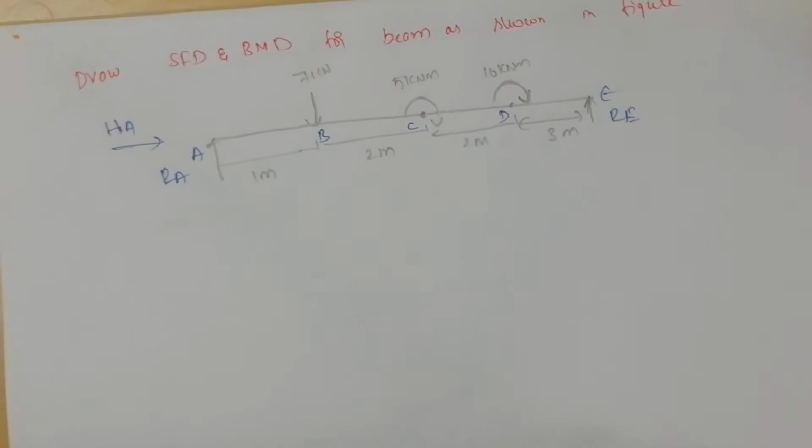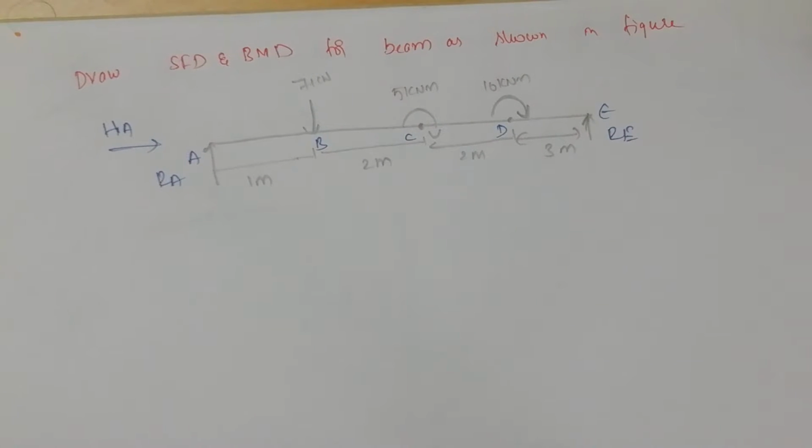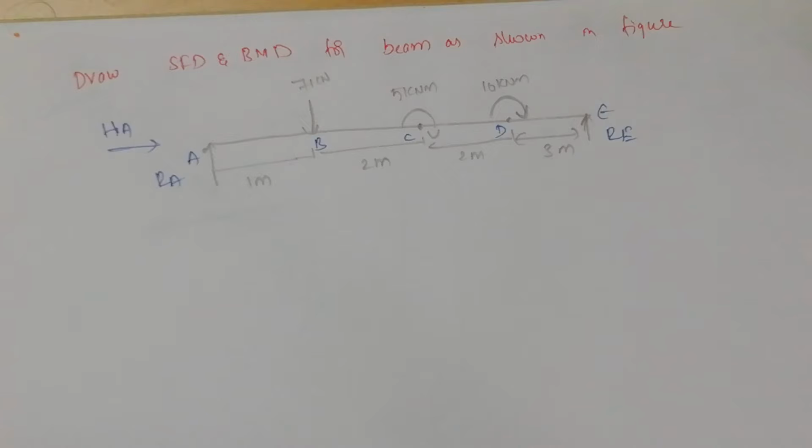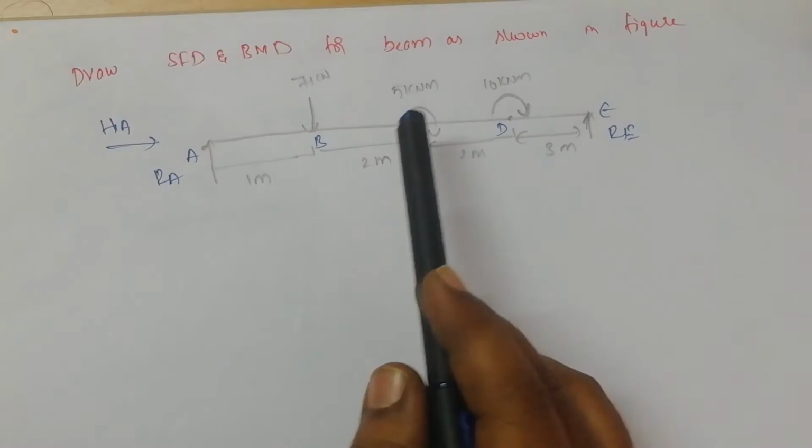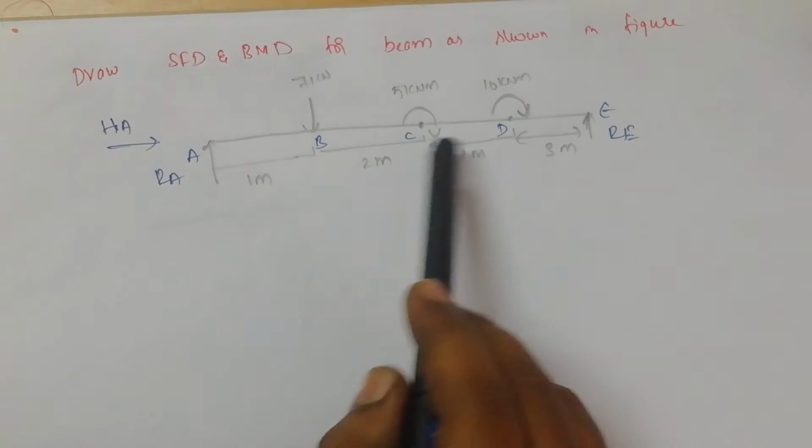Welcome to the next lecture of mechanics of material. So we're discussing shear force and bending moment diagram. In the next problem, the shear force and bending moment diagram is to be found for a beam which is having load and a few moments. Instead of giving loads, he has given moments at 2 points. So how do we calculate this type of problem?